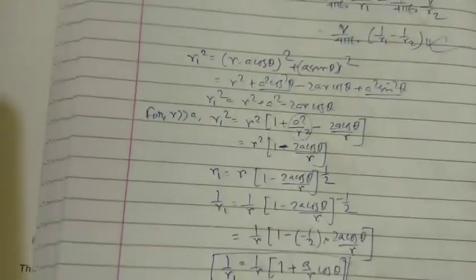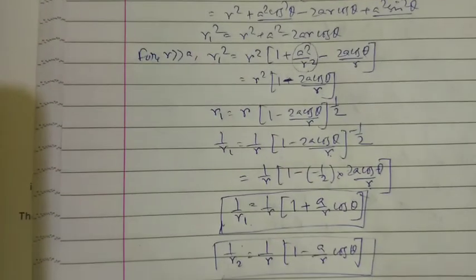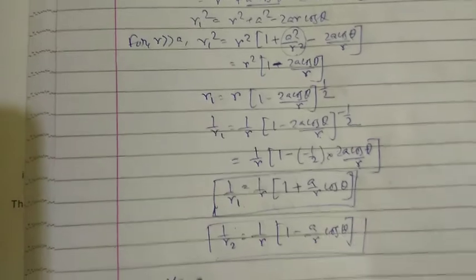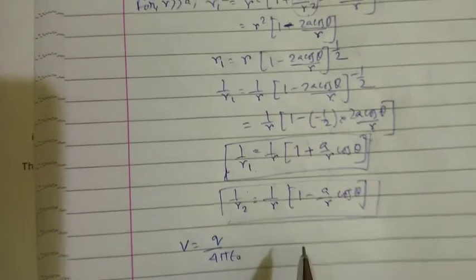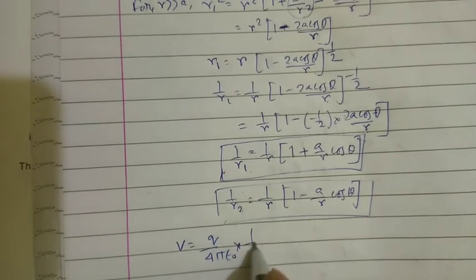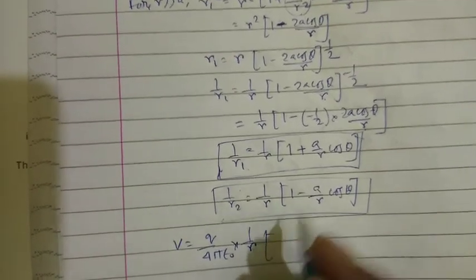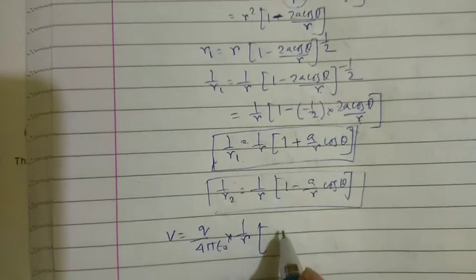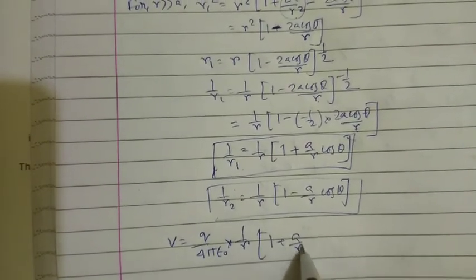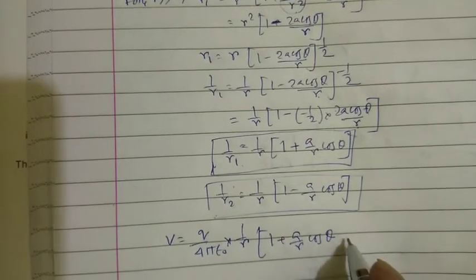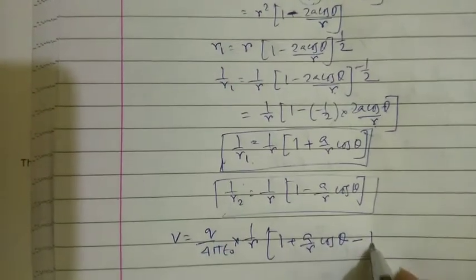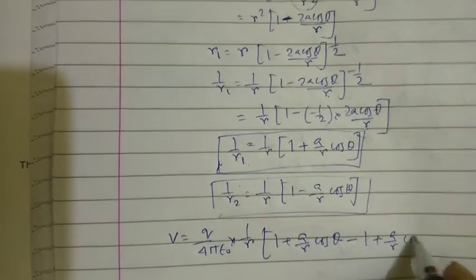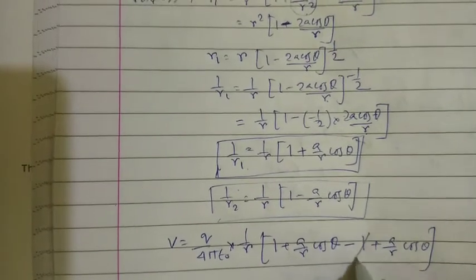So we'll get V equals Q by 4 pi epsilon naught, 1 by R will come out as common. 1 by R1 equals 1 plus A by R cos theta, minus 1 by R2, which is minus (1 minus A by R cos theta). 1 cancels. So we get finally